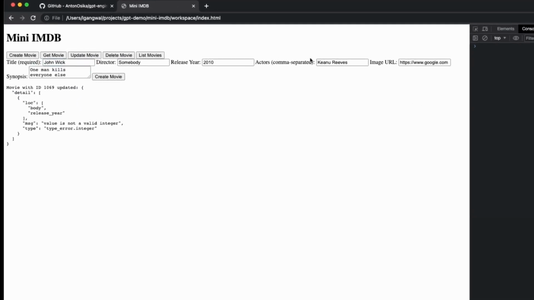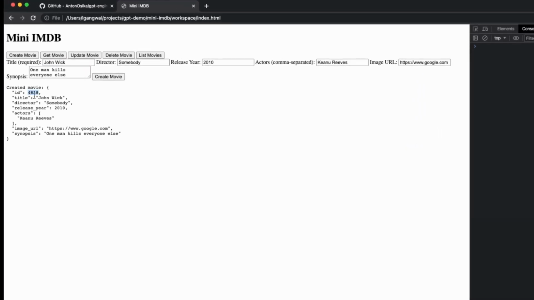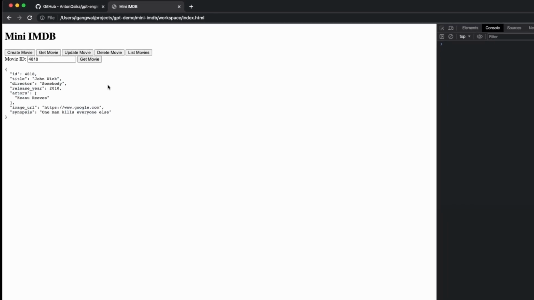Okay, so this is my entry. Now let me go ahead and create this movie. All right, so it has created a movie with the ID 4818, and let me just try to get this movie. And this is my response. So our create API is also working. So this is pretty good. So we have a functioning UI,